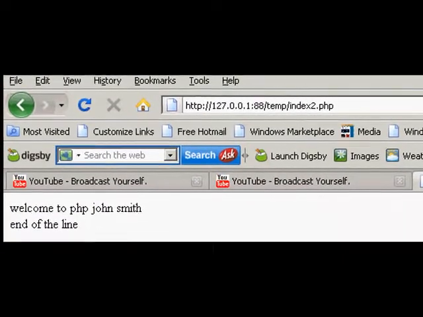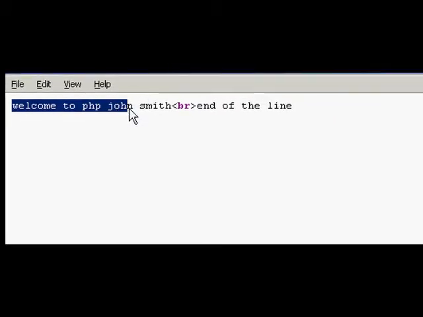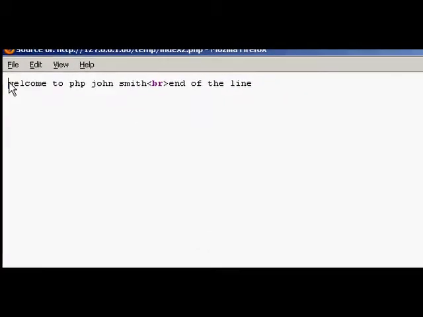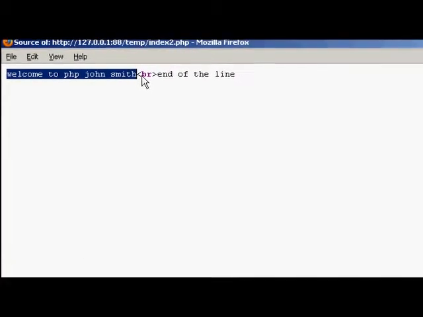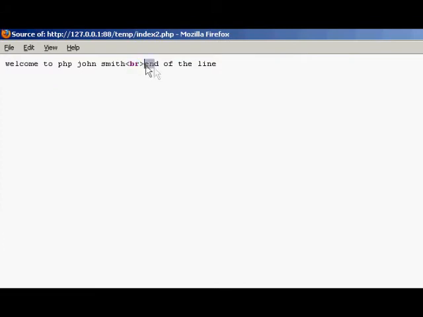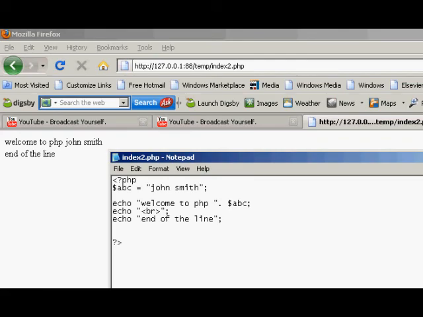Now if you right click and say view page source, you can see it says welcome to PHP John Smith. So this is all outputted HTML. Even though we have a lot of PHP code, PHP parses it and outputs it to the browser as HTML. Then we've got a break, and then we've got the end of line text. And that's basically the very basics of variables. And that's the end of